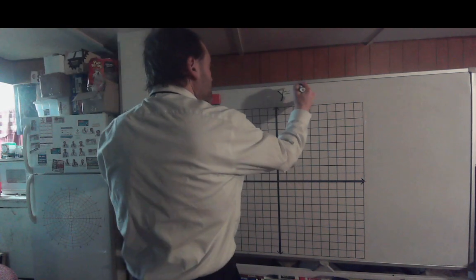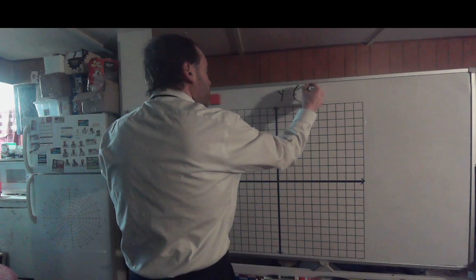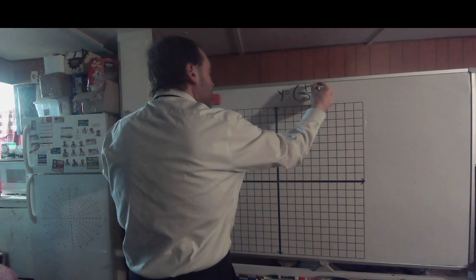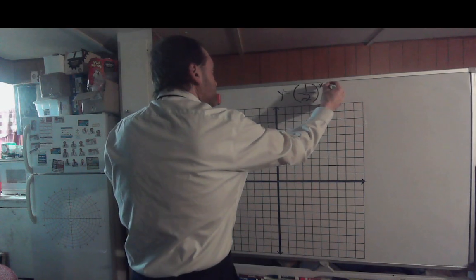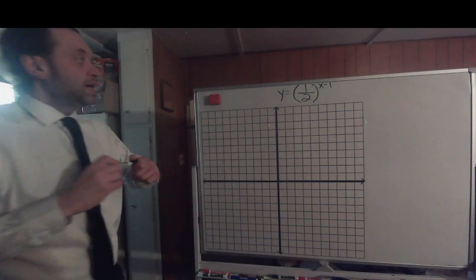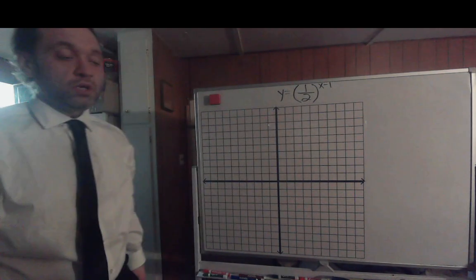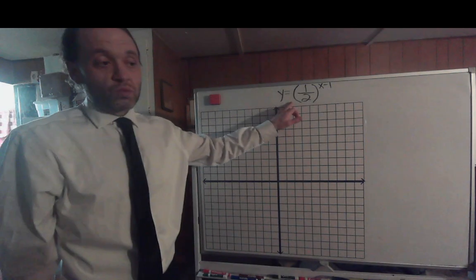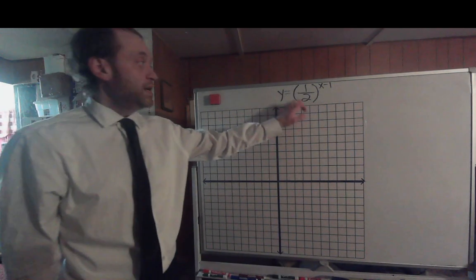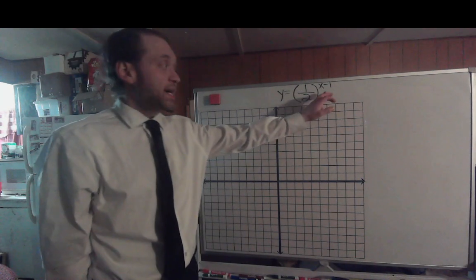Now, let's see here. What if we had something like y equals 1/2 to the x minus 1. So y equals 1/2 to the x minus 1. Well, your coefficient's 1, so that makes life easy, but your base is 1/2 raised to the x minus 1